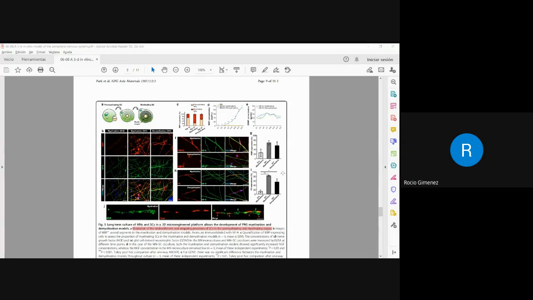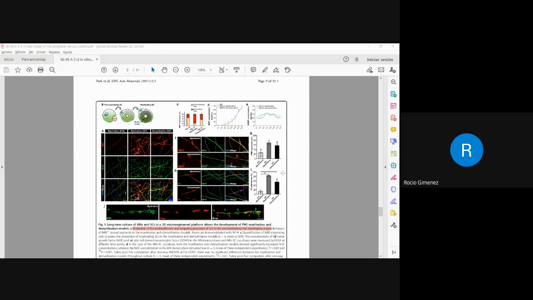They demonstrated that supplementing ascorbic acid in the culture medium allowed maturation of the Schwann cells into myelinating cells to initiate the wrapping and formation of the myelin sheath, whereas the glial growth factor treatment of the co-culture inhibited this process. So in conclusion,